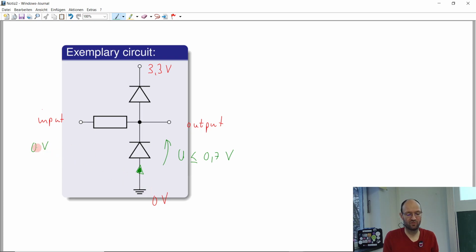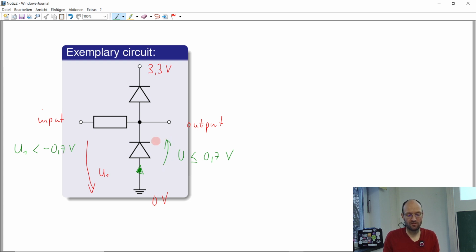We have no difference between here and the ground, no problem. But if the input voltage gets smaller, if the input voltage U in is smaller than minus 0.7 volt,